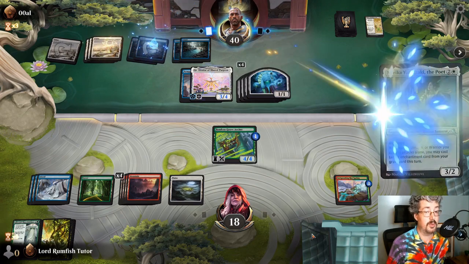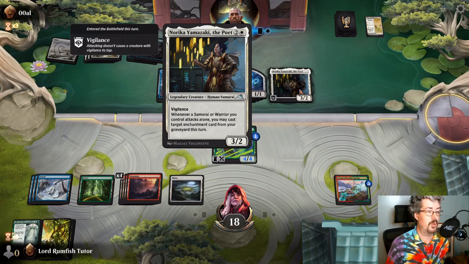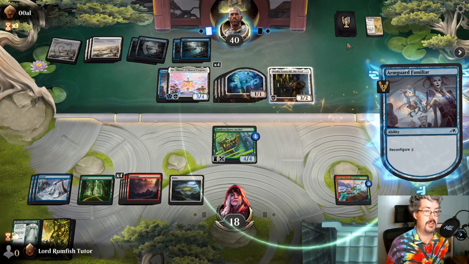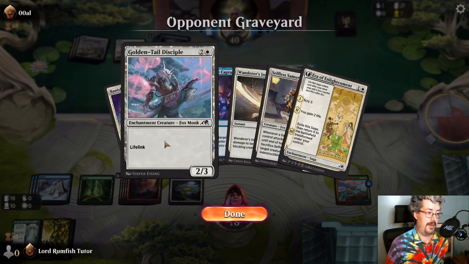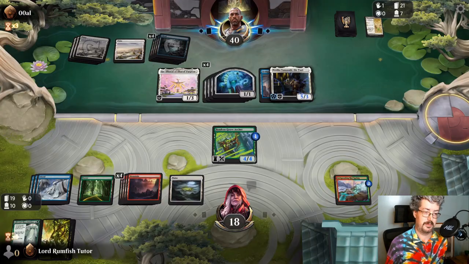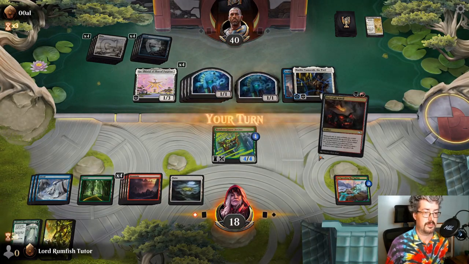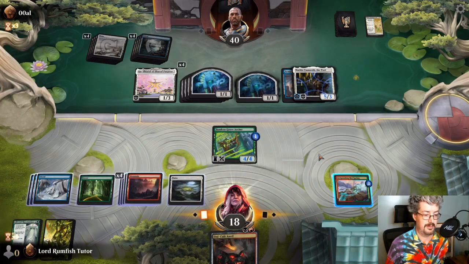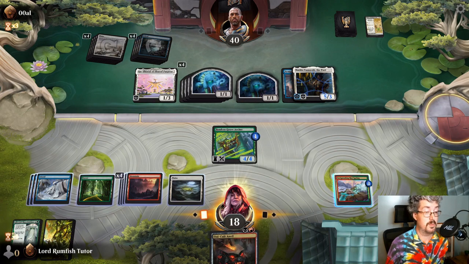You gotta find a way through. Okay, Samurai or Warrior attacks alone. Cast an enchantment. What enchantments do you have? You have a 2/3 lifelinker and this era. Okay, I got only Gold Anvil, but I don't got no black. So